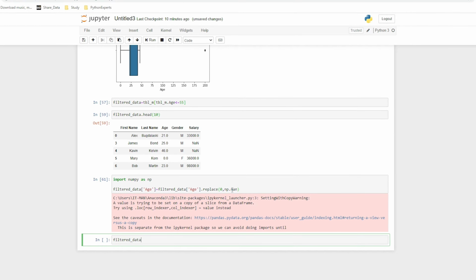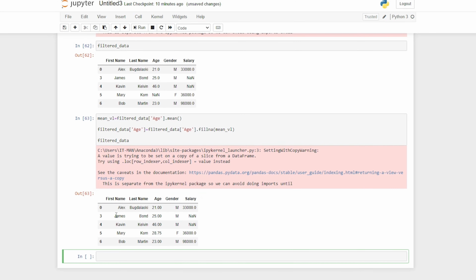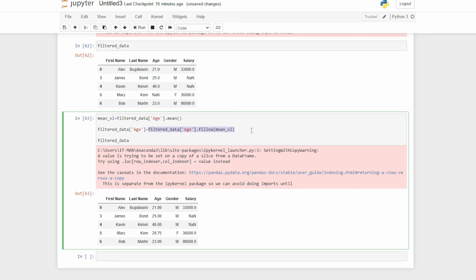To calculate mean, we can use dot mean function on column name. This will store mean value in variable mean_vl. Then we can use column name dot fillna and fill na with mean value of age. We can now see in filtered data, null is replaced with mean value of age.